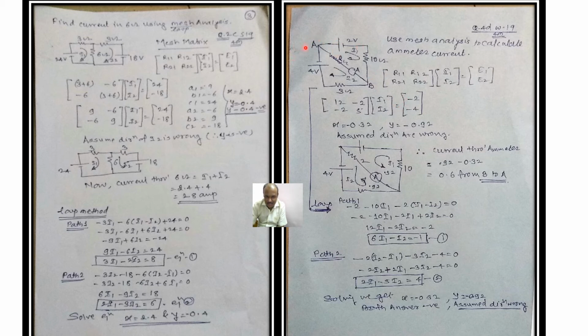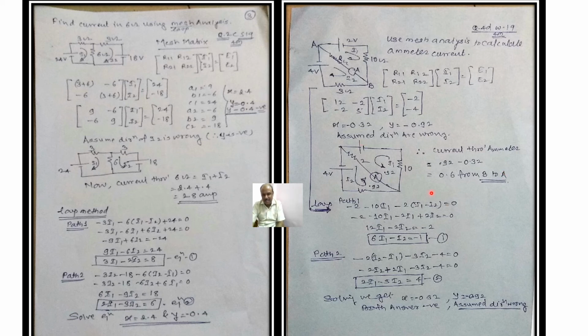-2. And here again when we travel in loop 2, again this 4 volt, this positive terminal becomes negative. So here -4. Now once we get this matrix, simply apply the equation, go to the calculator, apply Cramer's rule and find the values, and you can get the answer directly. That means the current which is flowing through the circuit.